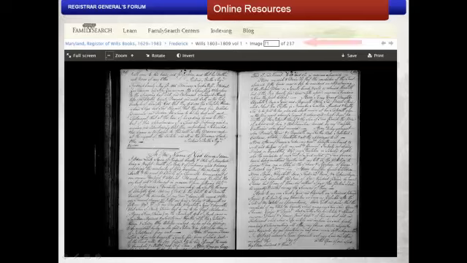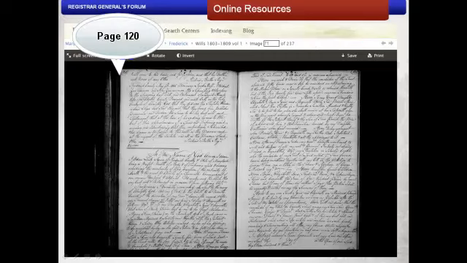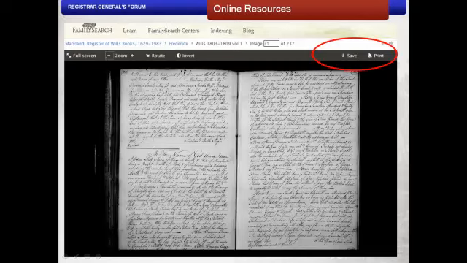As you navigate through FamilySearch, keep track of your path on this line. It's easy to get lost or to forget how you found your way. This is page 120, where Adam Link's will appears. And once you find what you're looking for, you can save or print the image. Don't forget to make a note of the source citation, including book title, book number, and pages for your records and for DAR documentation.